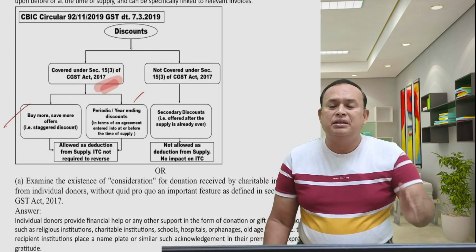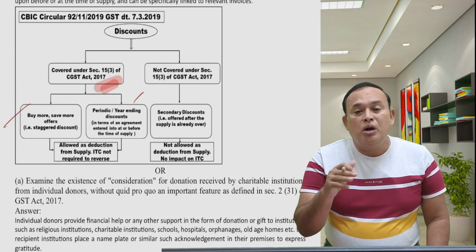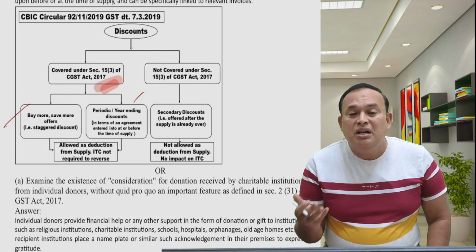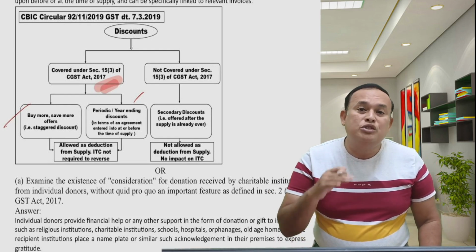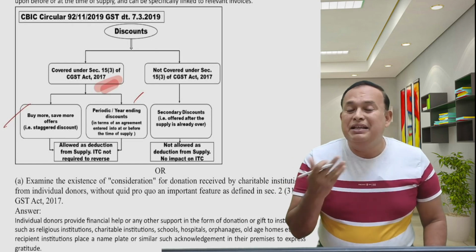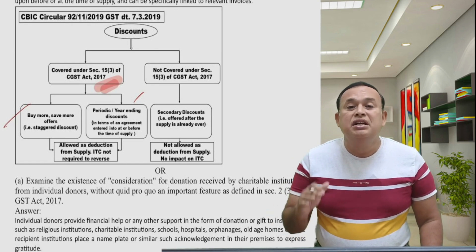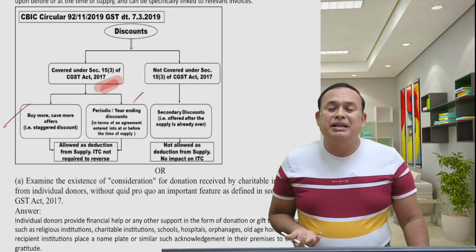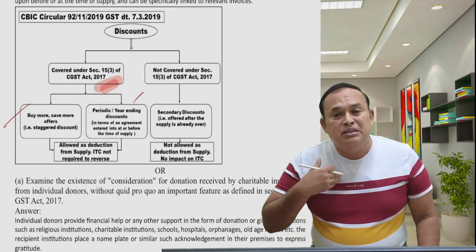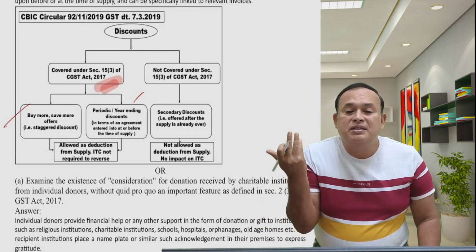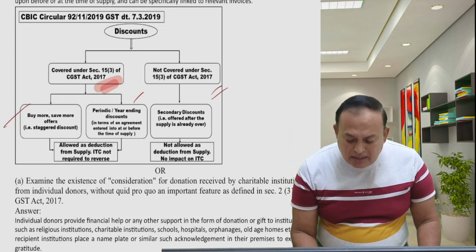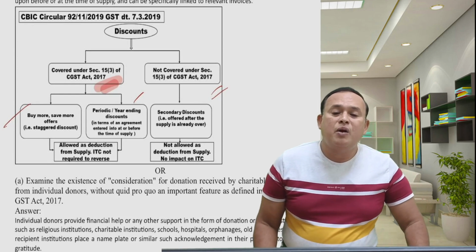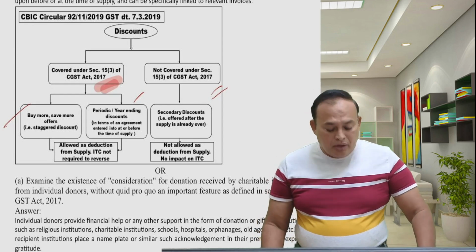then it is allowed as a deduction. Suppose no contract specifies the discount, nor is it mentioned in the invoice to be provided in future, nothing has been mentioned. In that case, subsequently after the supply, post sale, post supply has taken place, if the seller offers the discount, such a discount is not covered under section 15 subsection 3, not allowed as a deduction. Further, my dear friends,